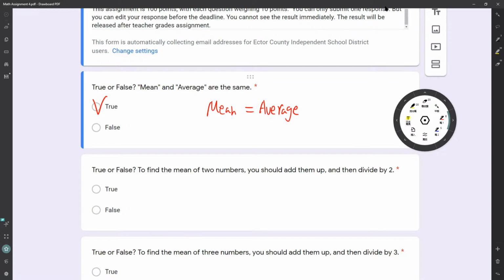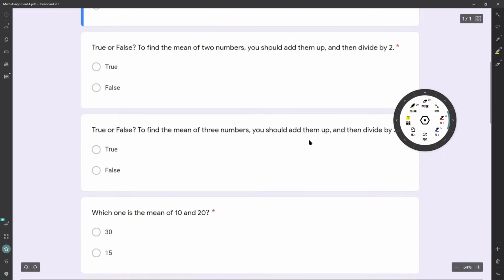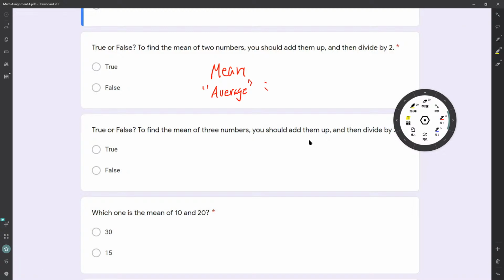And second, to find the mean of two numbers, you should add them up and then divide by 2. Is it true or false? So when we say let's find out the mean or the average, remember, they are the same. To understand that, think of like you have some candies and your friends have some candies, and we put